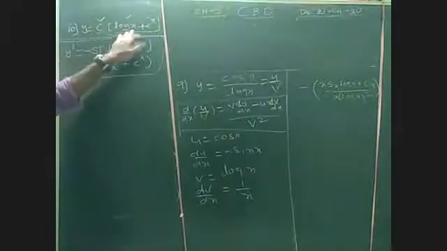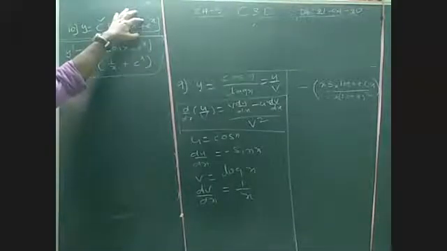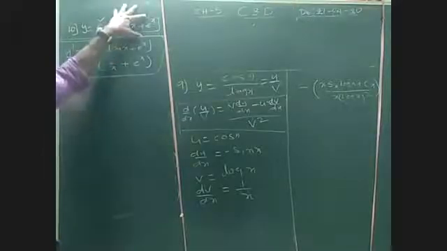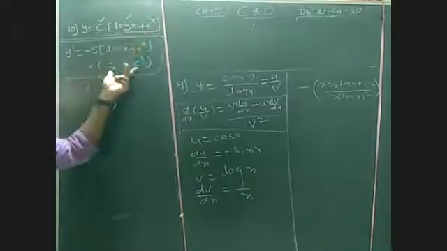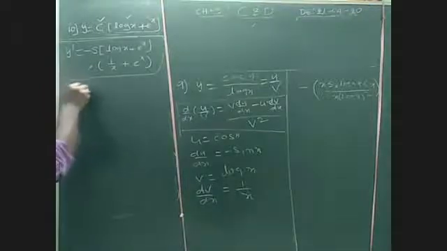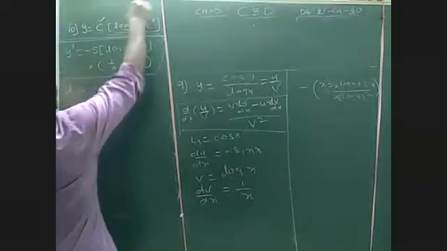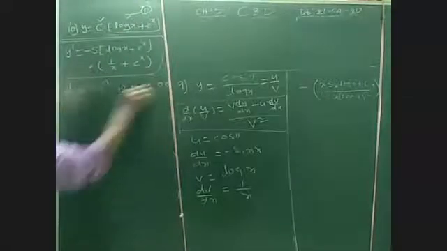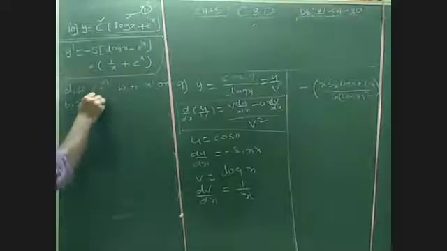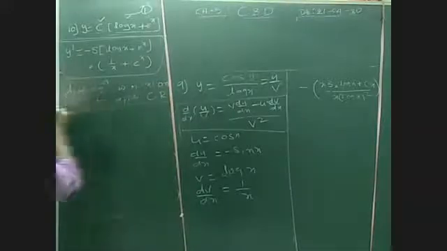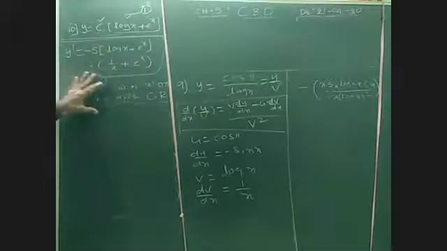Only two functions are there. Cos of this value: first differentiate cos, it becomes minus sin of this, and log x is 1 by x plus e power x. In general, differentiate equation 1 with respect to x on both sides by applying the chain rule. Like that, you can write one step.